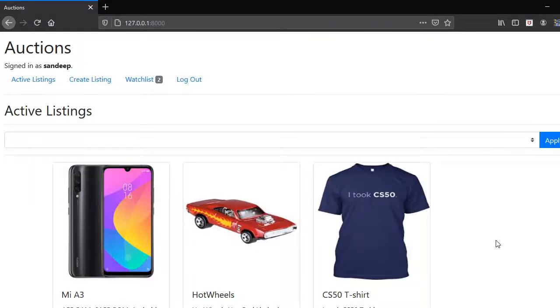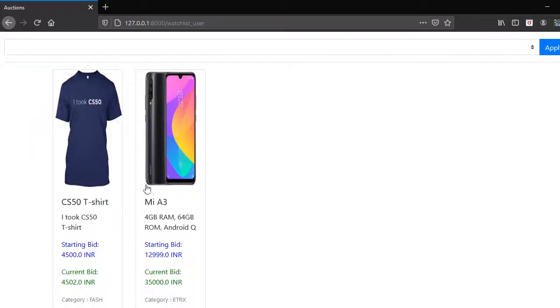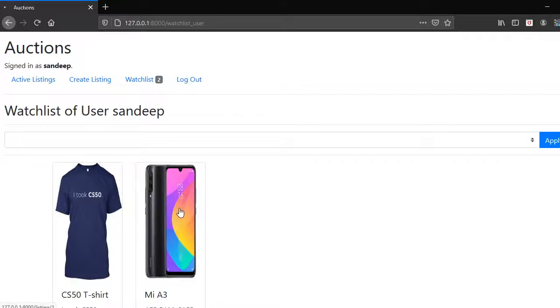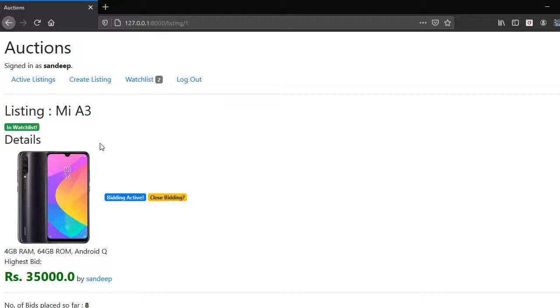Now according to specification 5 again, there is a separate watch list page here which will show the watch list items which have been added by the user. Okay, so now we can see there are currently 2 items in the watch list of this user. Now if we open this page, you can see there are 2 items present in this watch list of the user, and if we click on any item, you will be redirected to the listing description of the item which has been clicked.